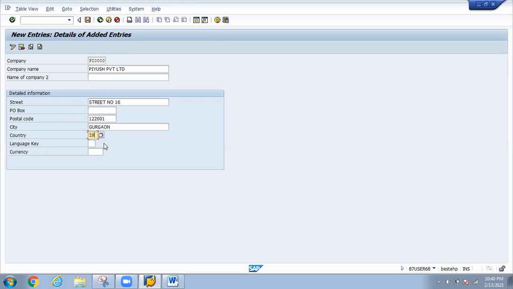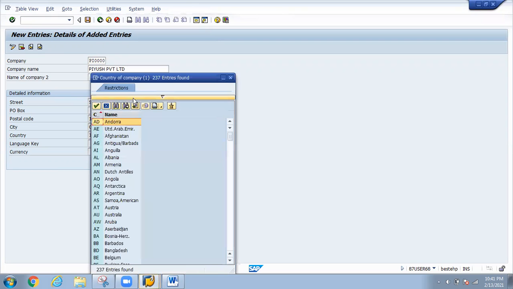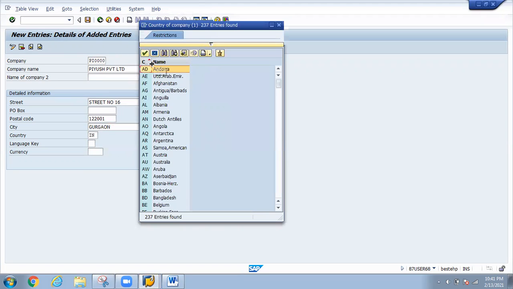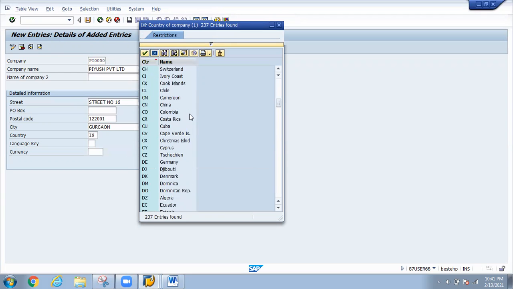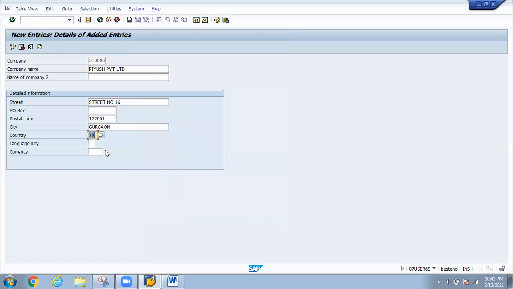You are looking here, this is a search box. When you click here, the system is going to display the country code and the country name. So you can select the country from this menu also, like India. Double click on it, and language English.